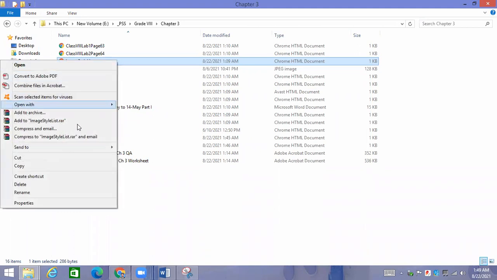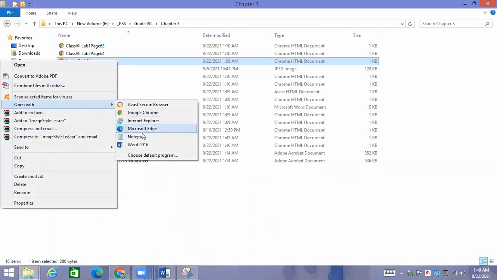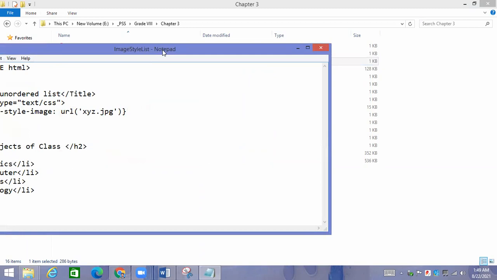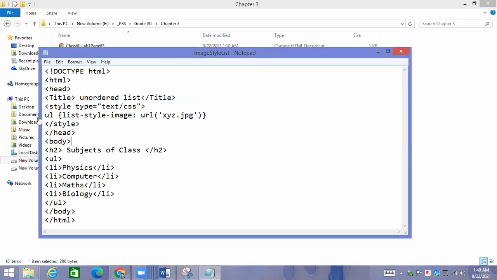Let me show you one code. The only change we are going to make is that we have to take some image. Now, an unordered list is there. In list style type, we are not mentioning circle. If you mention circle, a circle will appear. What we are mentioning is URL, we are giving the URL of an image. Now this image should be present in the same folder where we have made the file.